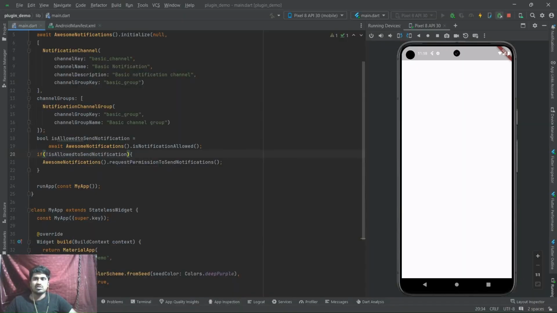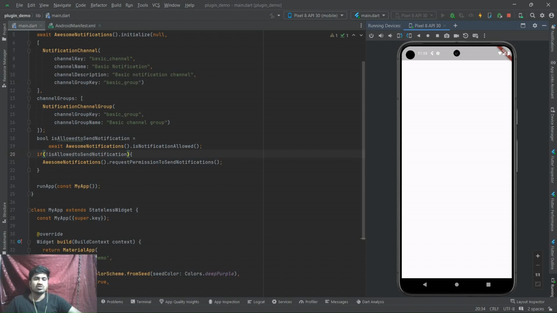This will allow us to check whether the user has given the necessary permissions to provide the notification. If not, then we'll ask for the permission. If our app has already been given the necessary permission, we don't require any permission to be given. Now we'll proceed to